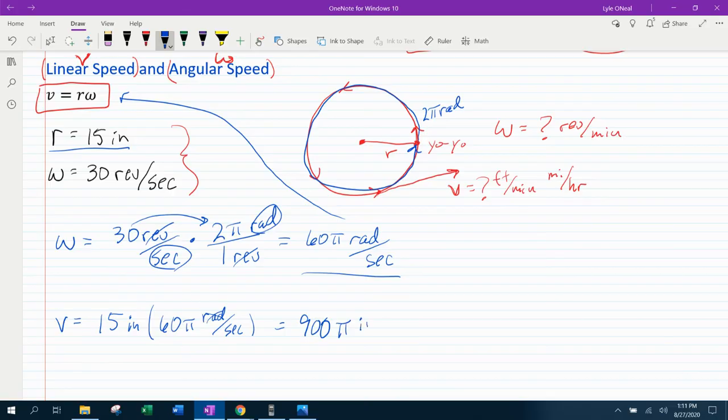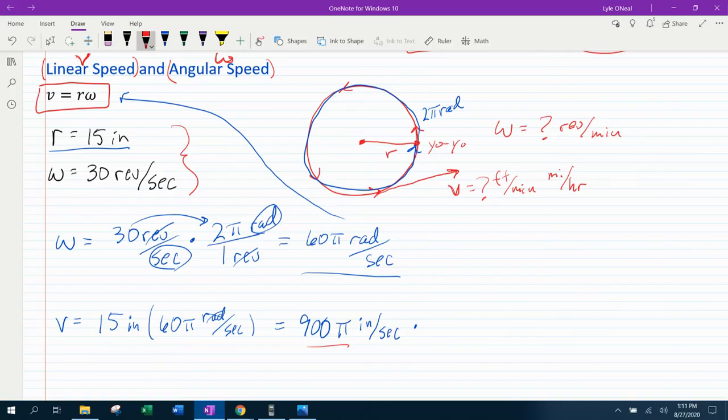And now that is inches per second, okay? 900 pi inches per second, which, if we're talking about how fast the car is going, I don't really understand inches per second. What I really understand is miles per hour. So now we're going to convert the 900 pi inches per second into miles per hour. And so the first unit fraction that I'm going to use to do that is